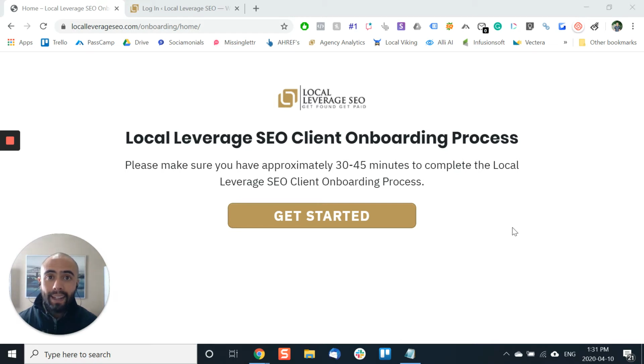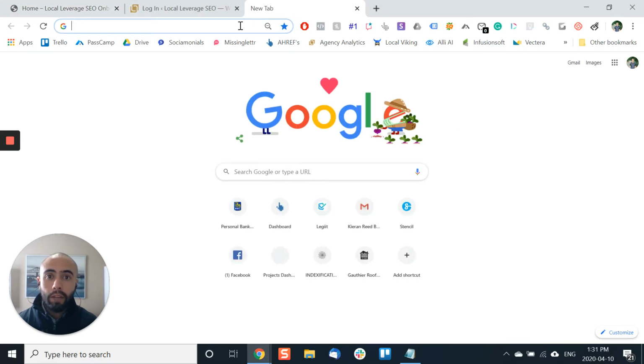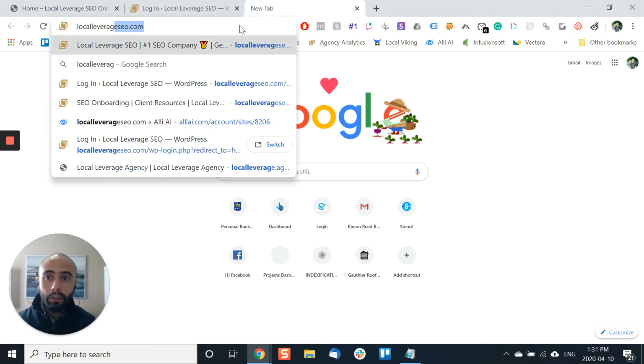Beyond that, let's make the assumption that maybe you aren't familiar or you don't know how to do that. So let's just talk about how you can provide the website login credentials. So let's say we'll use our local Leverage SEO site as an example. So with regards to WordPress, typically in 98% of the cases, the WordPress login URL will be the website domain. So in this case, it's